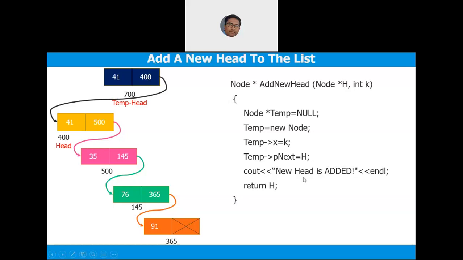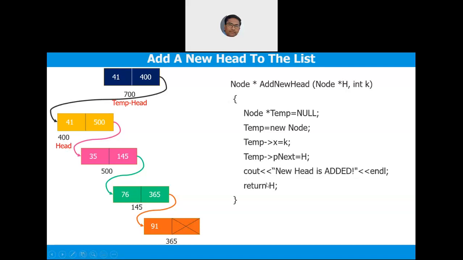Then what have you done? You have created a new head. Now who is head? I think I have not changed h to temp. There is a bug here. You have to change h is equal to temp. Otherwise head is not 400 now. Head is 700 now, isn't it?